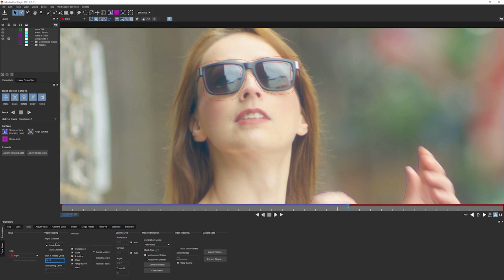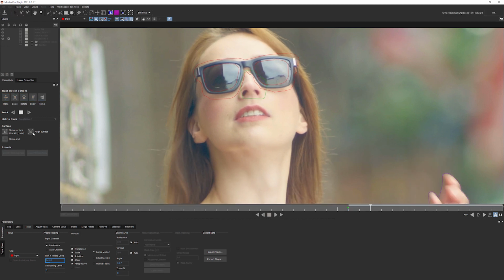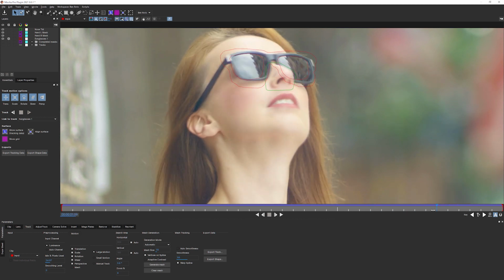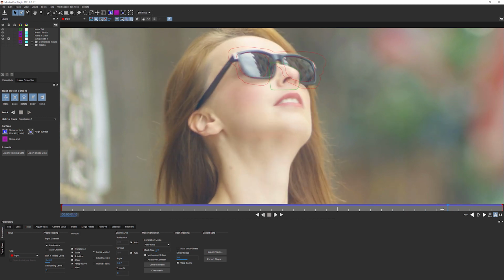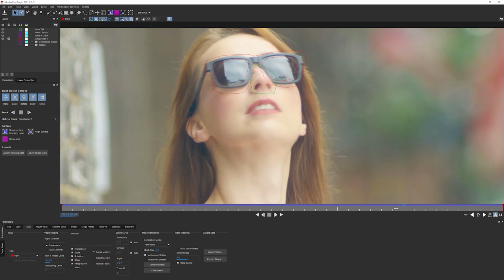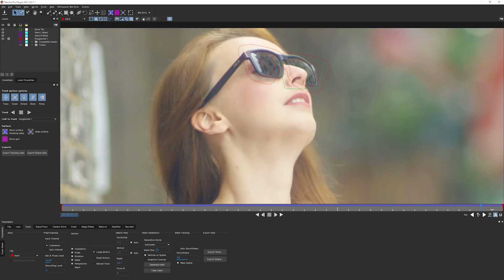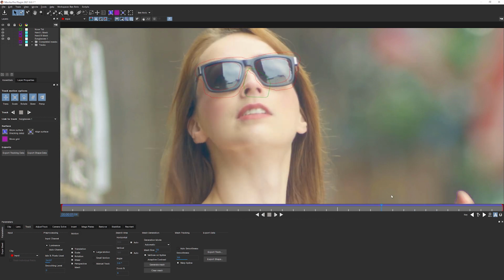Let's see what happens when I take that down even lower. It started off with an automatic value of 50. Let's see what happens if we take that down to 25. It's almost there, but it's not quite there. It's a little bit better. It starts to go off really because we've got all of these reflections. So it very much is the reflections that are causing us trouble here. So what can we do about that?